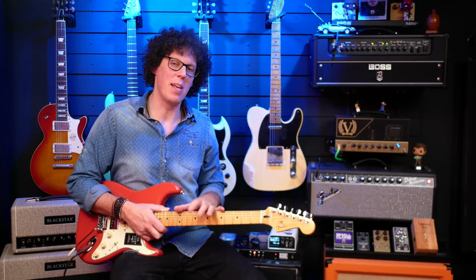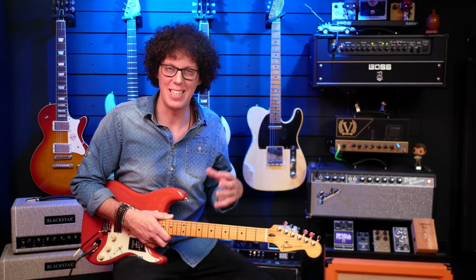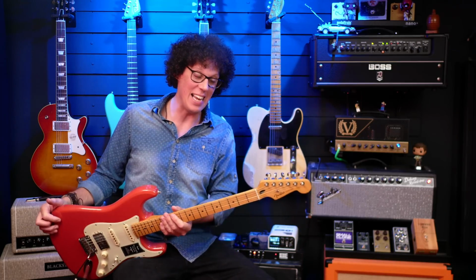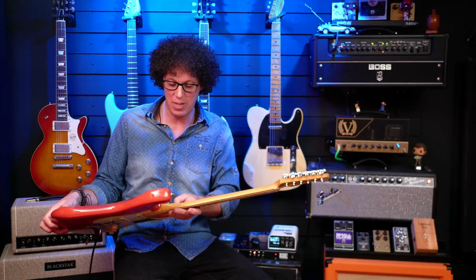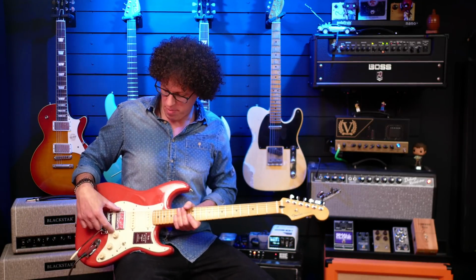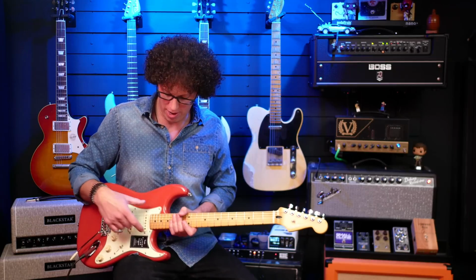So compared to the Jazzmaster, this is a lot lower output and it seems like a more tame beast. But it is extremely versatile and indeed, I think one of the best options you can have when looking for a Strat. A downside is that the humbucker at the bridge is a little bit overpowering for the other two